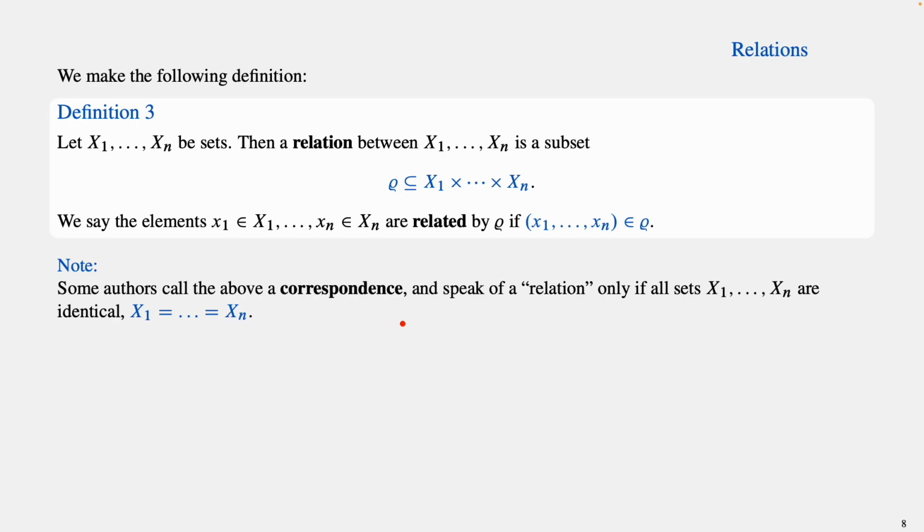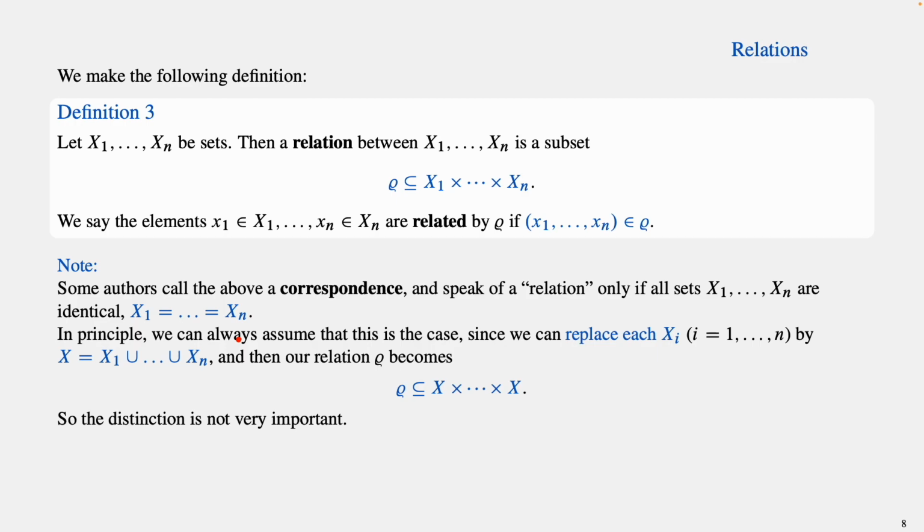And an important remark on the terminology here. Some authors call what we define here a correspondence and call it a relation only if all of the sets x1 to xn are actually identical. However, this distinction is not so important, since we can always assume that this is the case by simply replacing